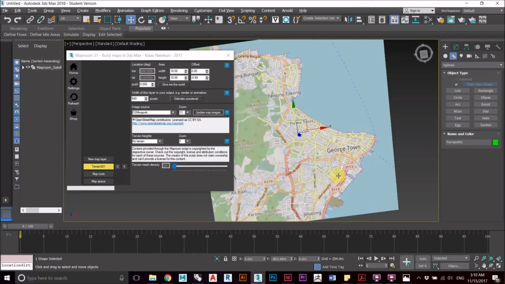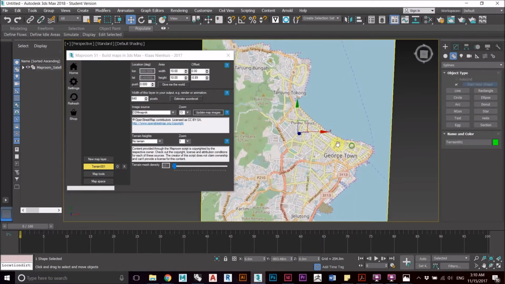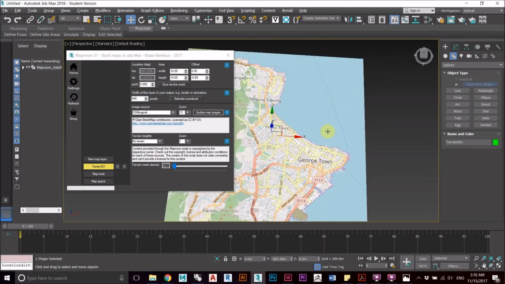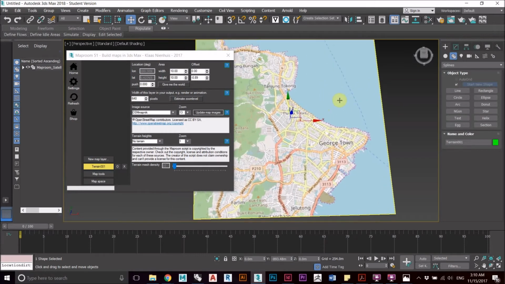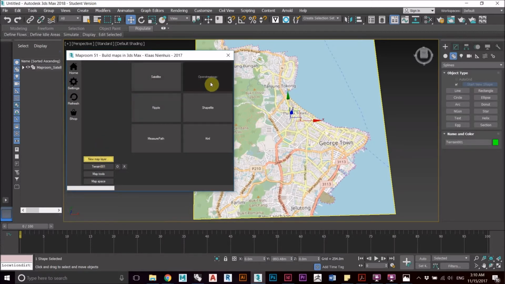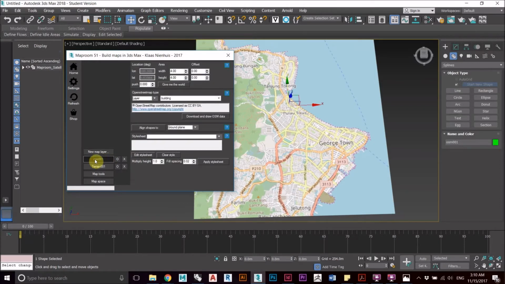Okay, this is about right. It looks about right. Okay, and so we would need a new map layer from OpenStreetMap. So let's go into the OpenStreetMap again. We need to set the size to 10 by 10,